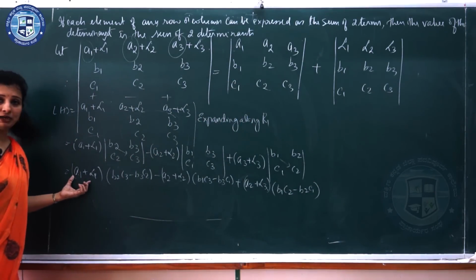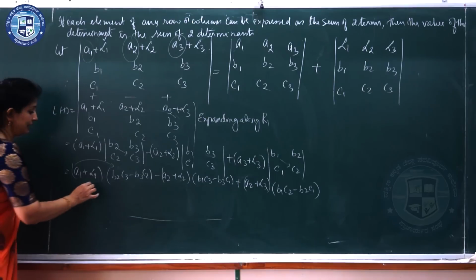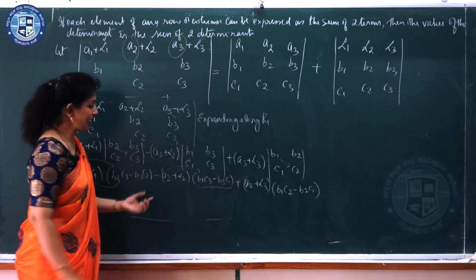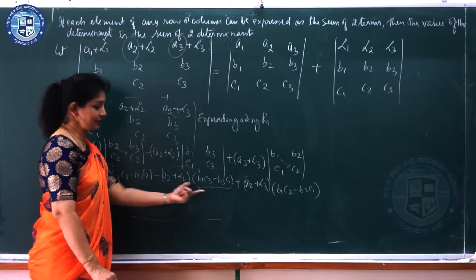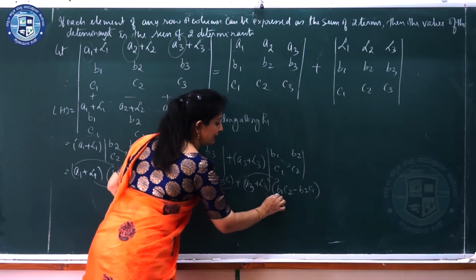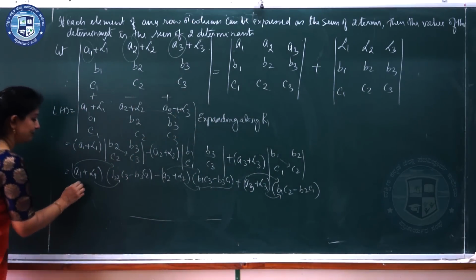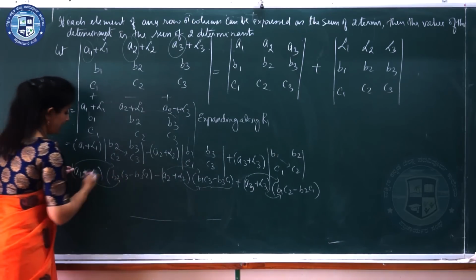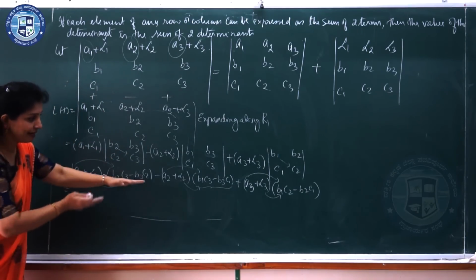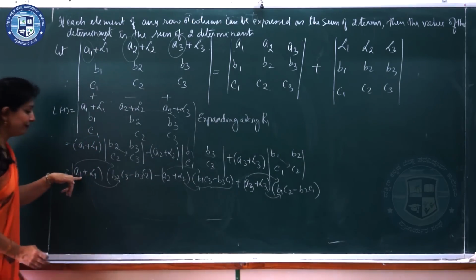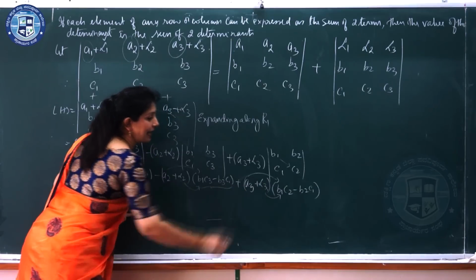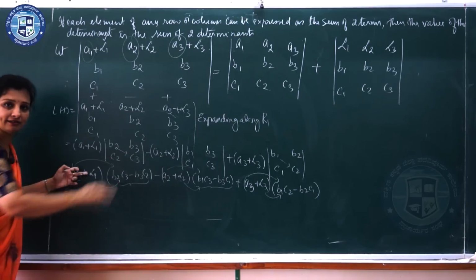Alright, now look at this binomial multiplication. First A1 is multiplied to this term, then alpha 1 is multiplied to this one. Here A2 is multiplied to the whole term in this bracket, then alpha 2 is multiplied. A3 is multiplied to this term, then alpha 3 is multiplied. So first we multiply the first elements, A1, A2 and A3, then next we multiply alpha 1 with the other terms.